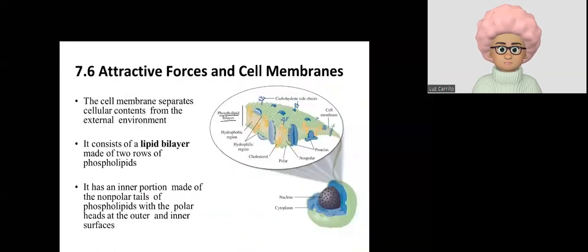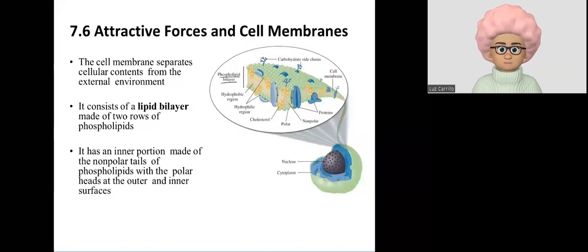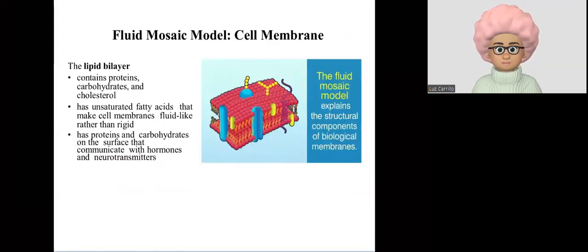Now, whenever we talk about cell membranes and attractive forces, we need to understand that because these structures have different chemical features, they are going to be interacting with one another via different attractive forces. In terms of the content that is present in the cell membrane, this takes us to at least discuss the fluid mosaic model, to define why these cell membranes have the structural components that they possess. So in this fluid mosaic model, which is what explains the components of a cell membrane, the reason why this is called fluid mosaic model is from the idea that the mosaic portion of the model,